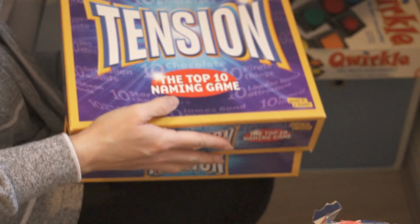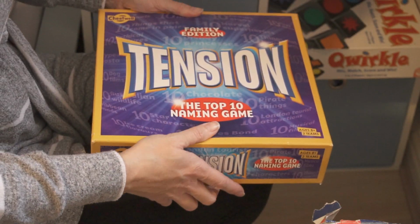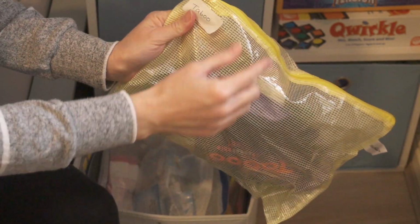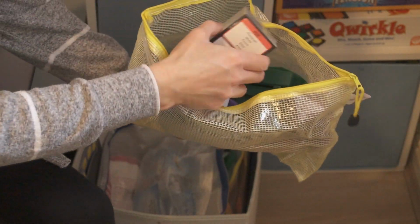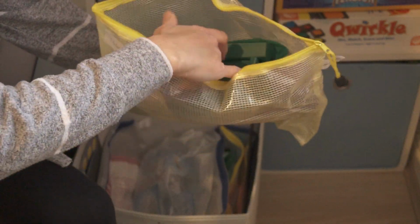If you're struggling to store all your board games, don't worry, I do as well. So I came up with a solution a few years ago, and this is one of my favourite organising hacks. So I got these zippable bags from Amazon, I will link them for you, and all I do is I